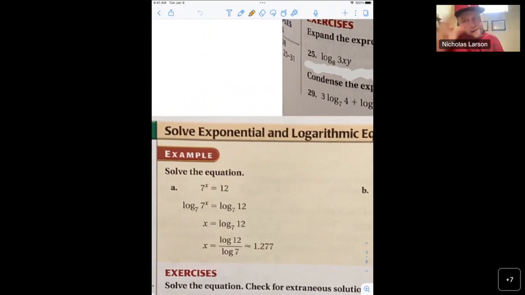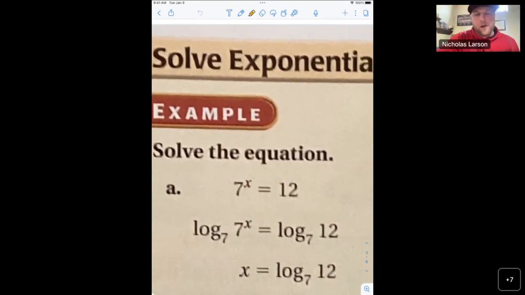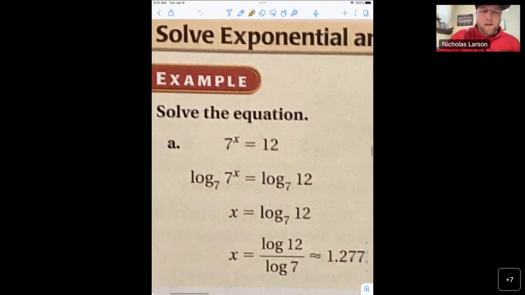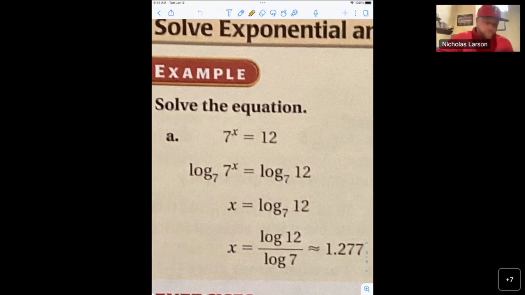Now there's lots of strategies to solve them. One of the easiest, again, is how exponentials and logarithms work: they cancel each other out. So if I have an exponential function, I put it to that log base and it cancels out. But everything I do on the left, I do on the right. I have to do it throughout both sides.